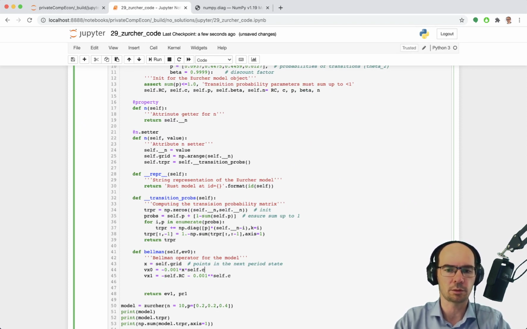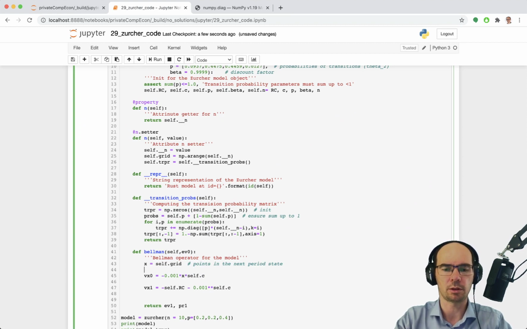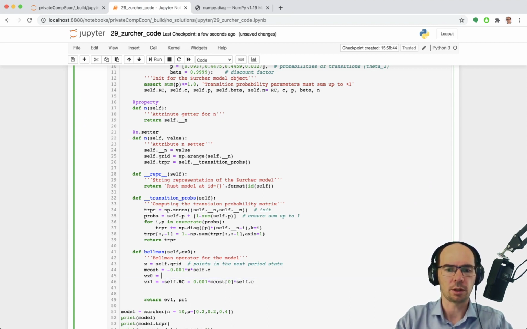Rather, let's do it this way. Let's take the first element of this function. It will be 0, but let's do it more accurately. So let's say cost is given by this. This is maintenance cost, and this is the maintenance cost of the 0th element that we need to take. Okay, and here it's going to be m cost